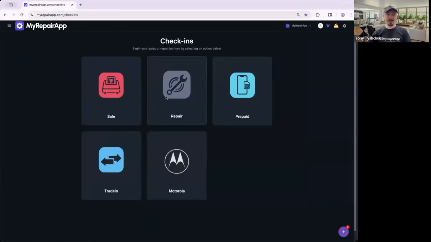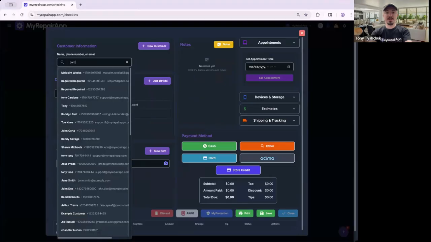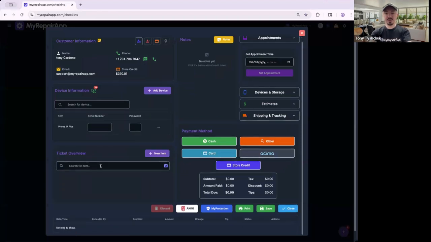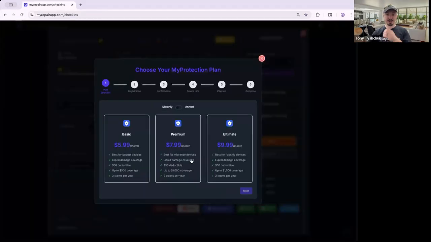So let's just say we're doing a repair. All right, checking the customer in, right? It's $319 to fix your phone, whatever it is. Maybe it's that one. Cool. Okay. When you select the MyProtection right down here, you press this, it's going to give you the three